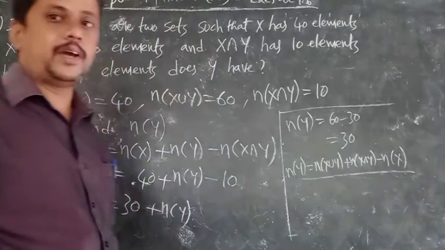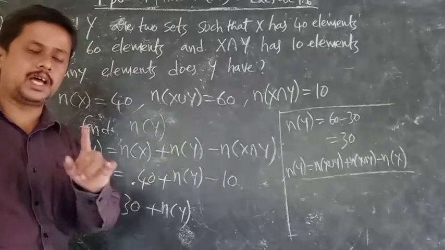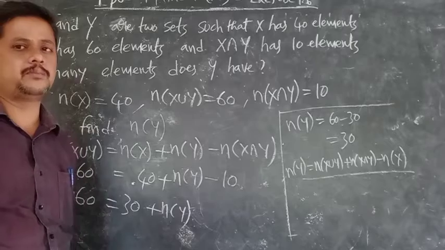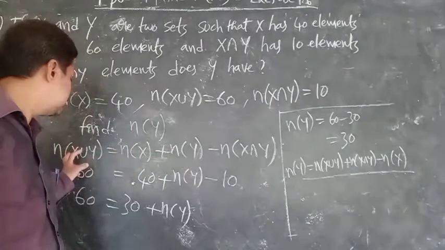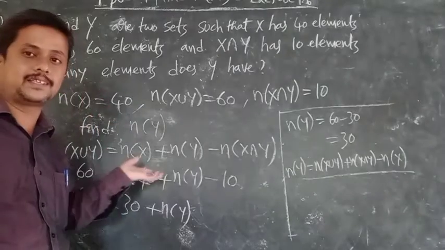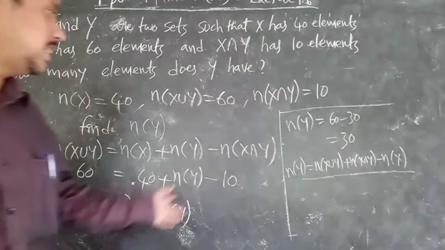But why I am telling like this: if you learn this one formula well, you can calculate any problems. That's why this is the basic formula. Union we already told. Now here X and Y. That's it. So like that you have to calculate. This is the easiest method.